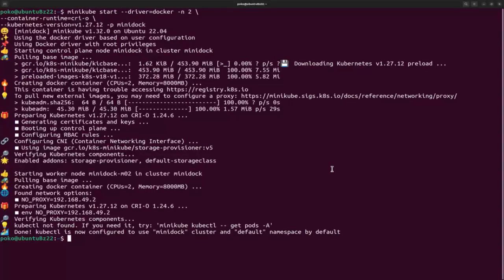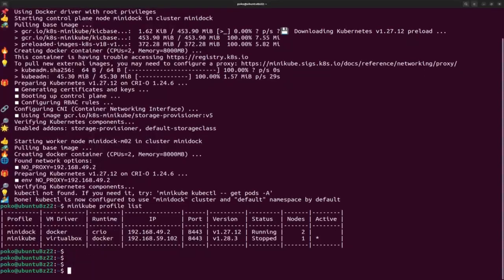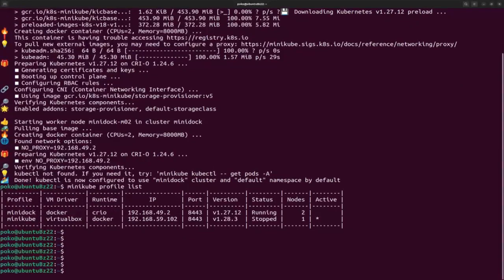The recording was paused for a few minutes, but now that the cluster has been bootstrapped, let's list the profiles once again. So that will be the minikube profile list command. And this time we see 2 clusters. We see the minikube, the original cluster, on VirtualBox, and then the minidoc, the second cluster,